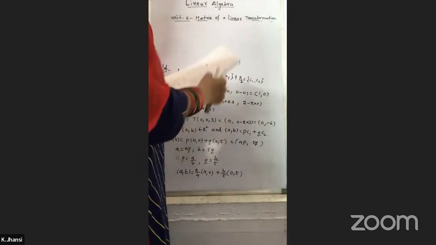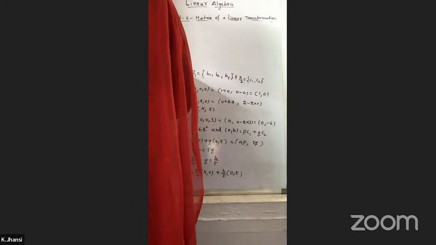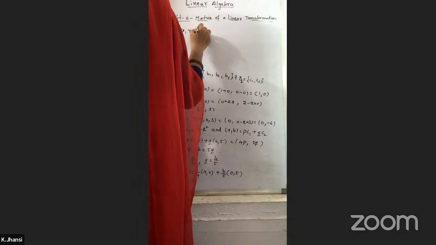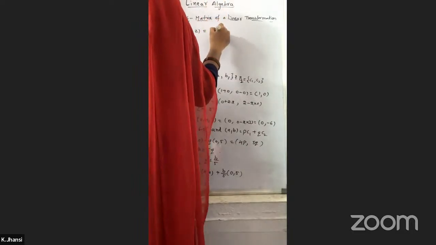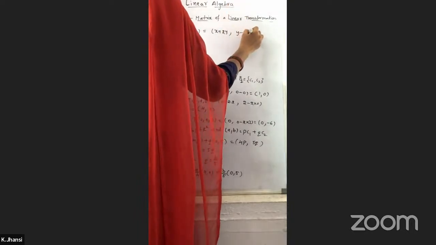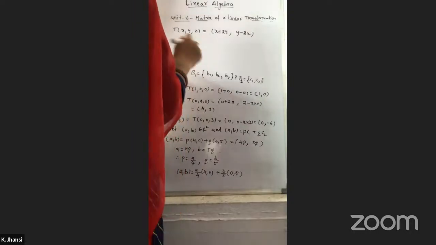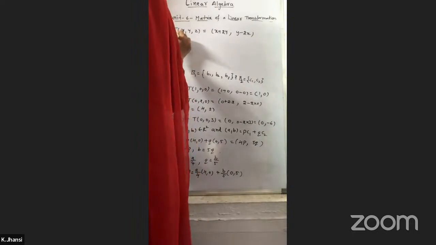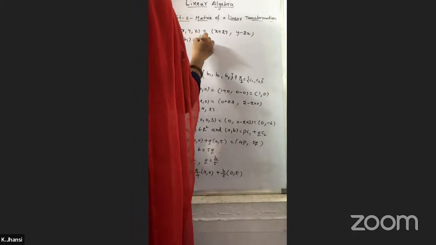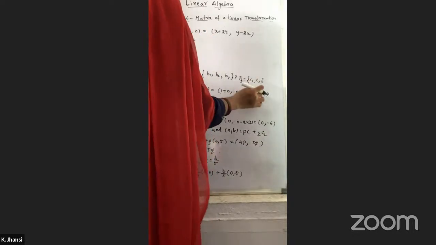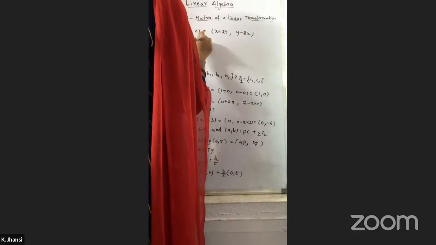So what is the given relation? T of (x, y, z) is equal to (x plus 2y, y minus 2z). Okay. So now what is T of B1? T of B1 is equal to, so what we got, B1 value is (1, 0). So this value (1, 0) is equal to,